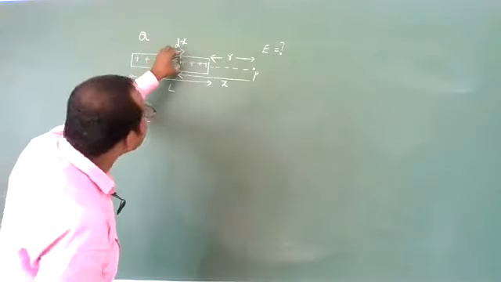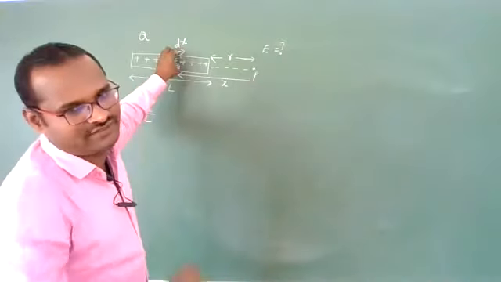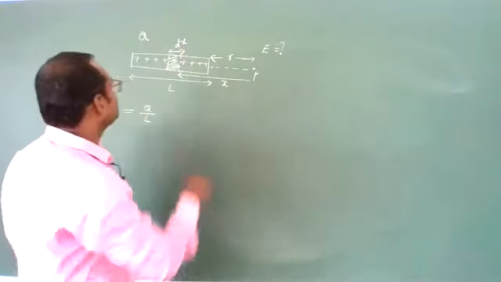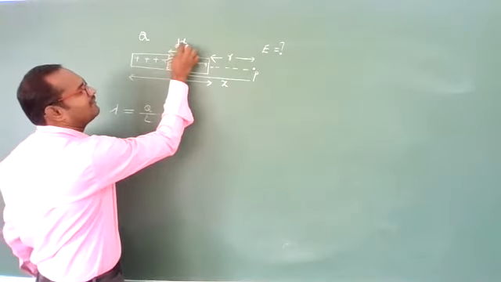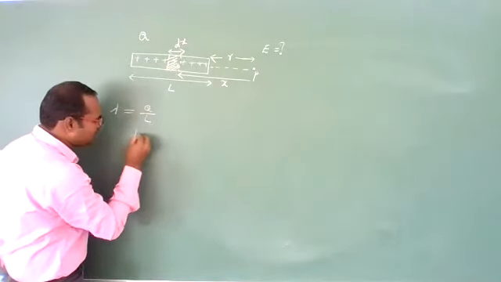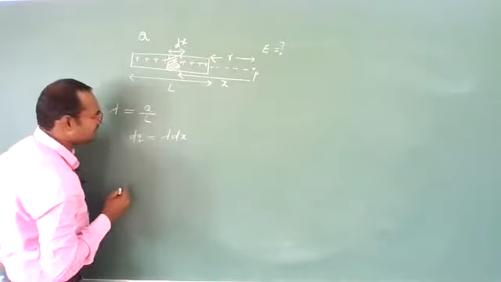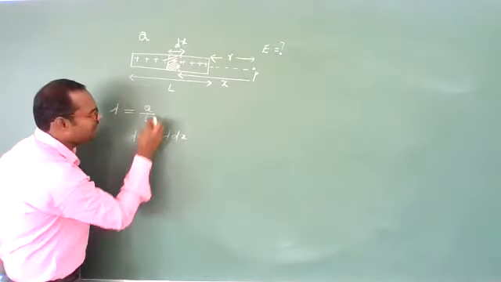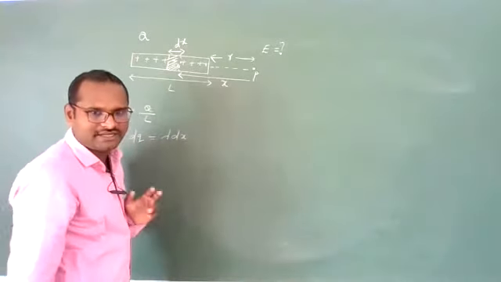Now in this length dx, a small amount of charge will be there. Due to this charge, at this point P, what will be the electric field? You find out first. How much charge will be there in this small elementary length dx? So charge dq can be written as lambda into dx. Clear, students? If you want, you can keep lambda as Q by L, otherwise you can keep it as it is.